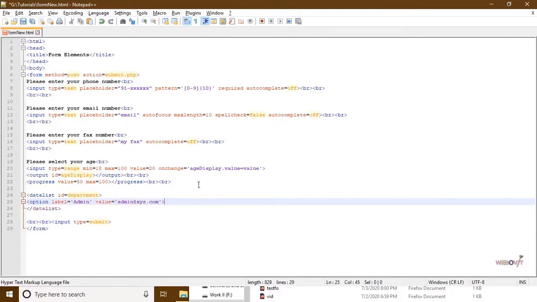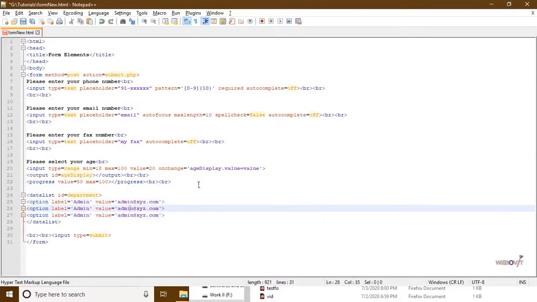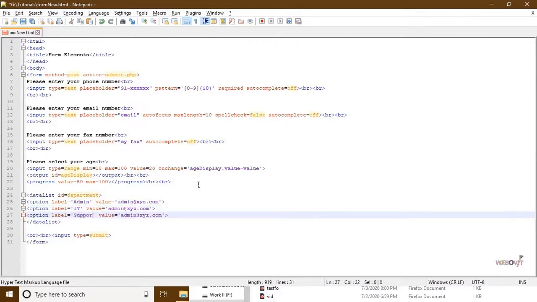Okay, this is your first option. Suppose there are three options in total: admin, IT and support. All are having different email IDs. IT is having it@xyz.com and support@xyz.com. Now we have mentioned a datalist.